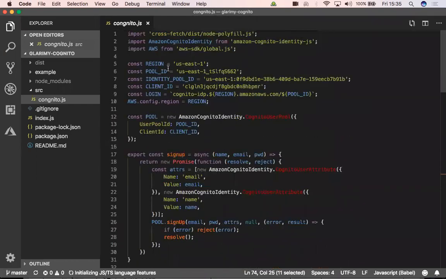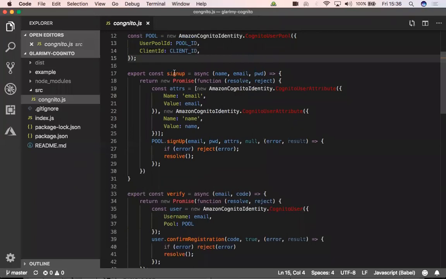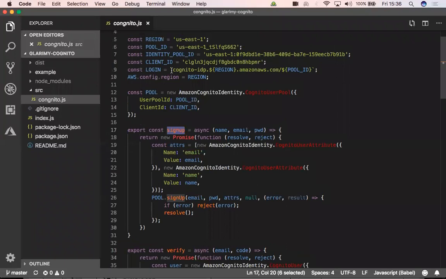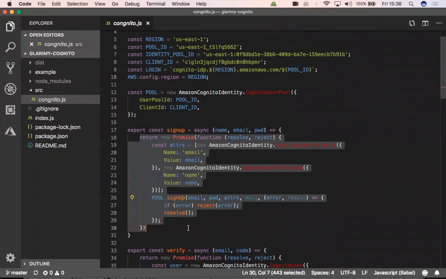So here there are a few things that we know. Pool ID, as you have seen, the identity pool ID, I have shown you somewhere, login ID, and from there onwards these things are required, and these are all made in this manner by concatenating a few things. Let's say if it is for signing up, whatever Cognito internally asks, we don't care. As an end user of this particular Cognito.js, you need to send only name, email ID, and password to register. The rest of the stuff, our library would do.